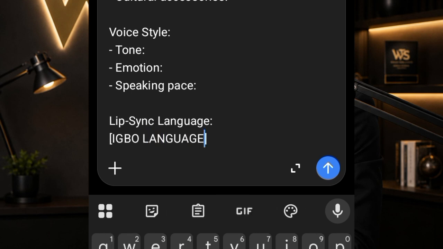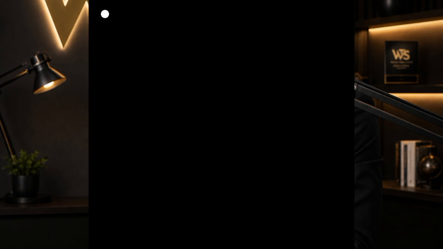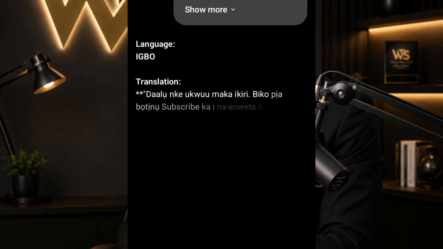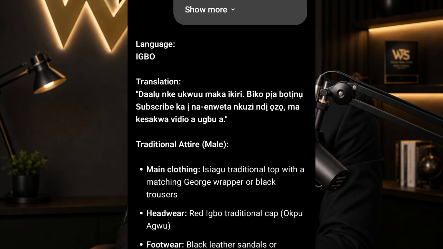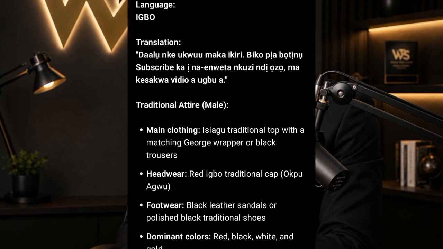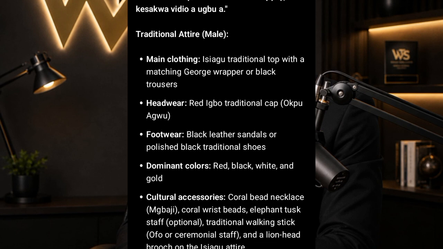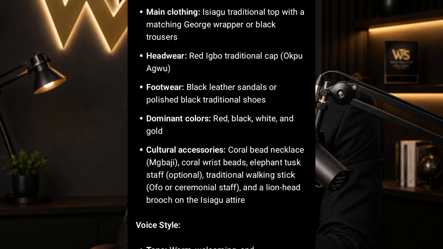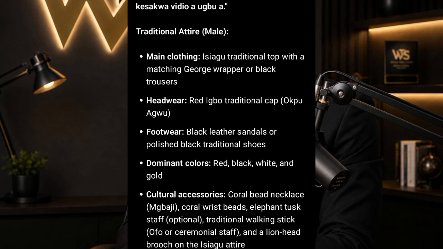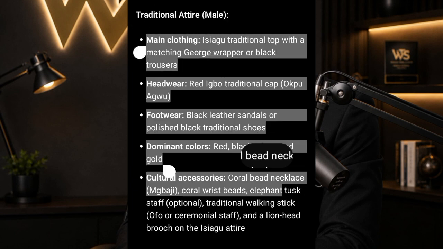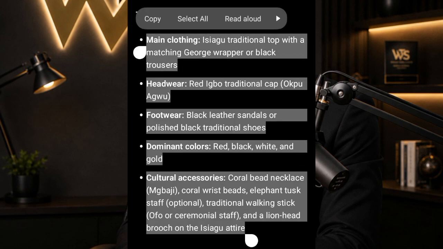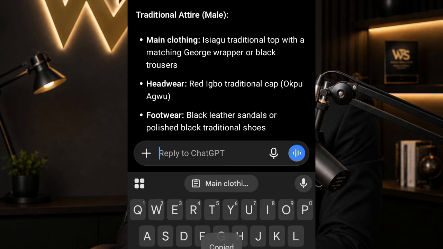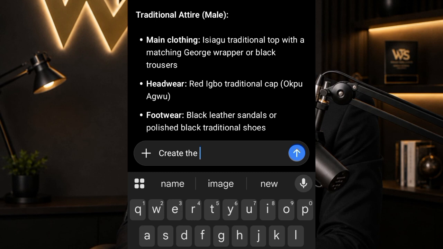Now, once you are done with this, you will tap on send. As you can see, it has brought it out. Igbo language, Dalo, Nku. Do you understand? So it's going to give you depending on what you want. Now, for you to generate your image that you'll be using, kindly copy from this particular place, like the traditional attire. Once you copy that, come to the same interface, create the image